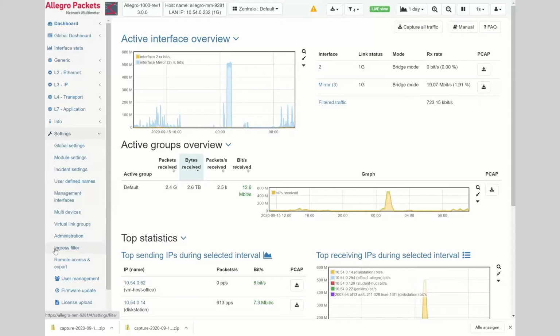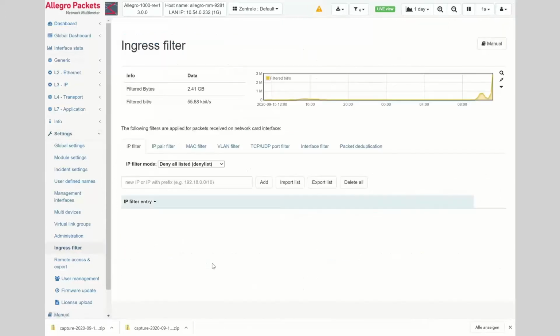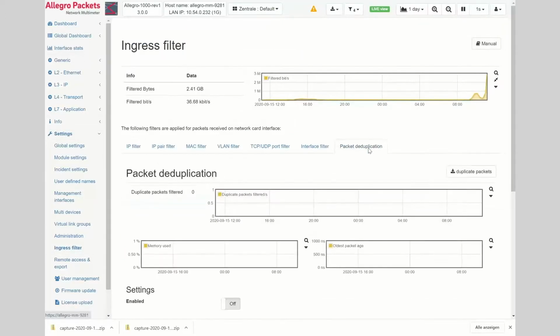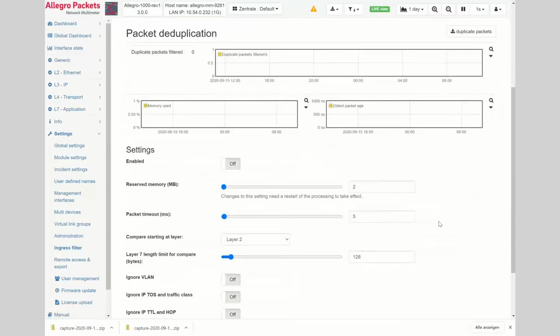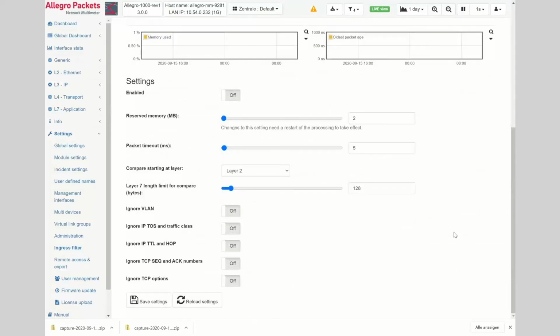Well, we have located that as the ingress filter because the deduplication will remove packets before we process them. As we do things in software, we are a lot more flexible compared to any ASIC switch-based deduplication engine. And we started now with what we call a minimum viable product.